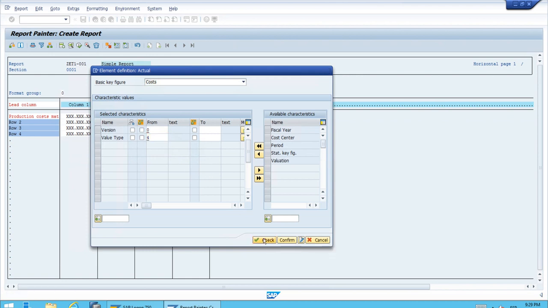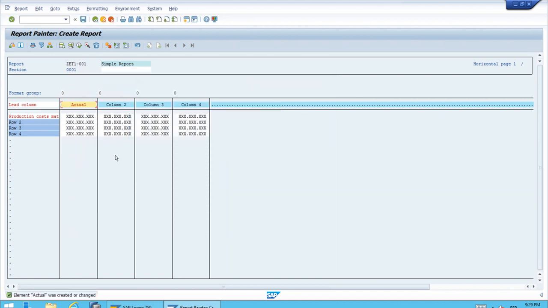We can check again that all the settings are correct, and now we can confirm. So we have correctly set up the first column. Now let's continue and define the second column. Again, this second column will be pretty similar, but it will be for plan costs, and we will show a different technique that we can use to create the second column. So let's just double click,